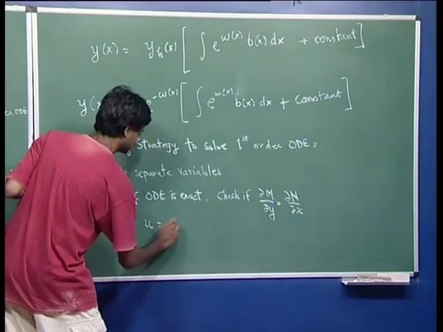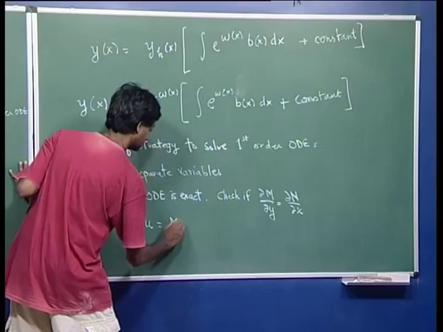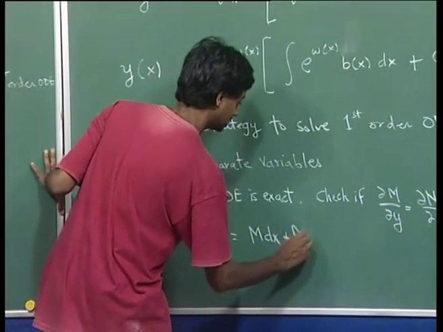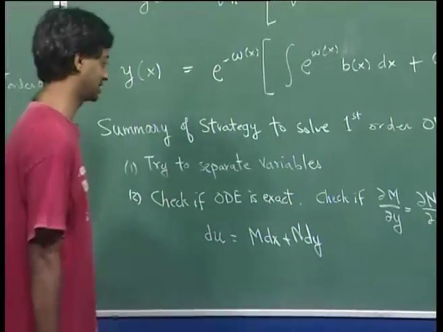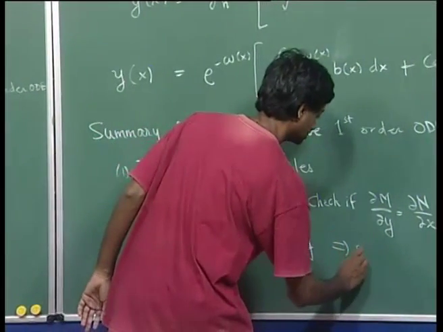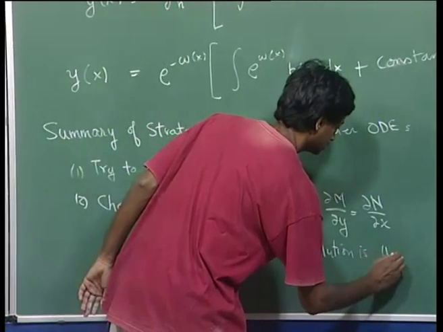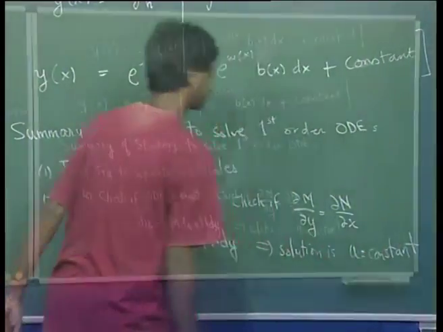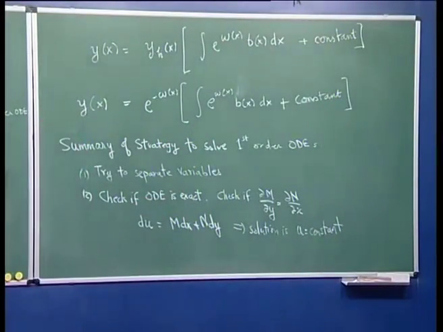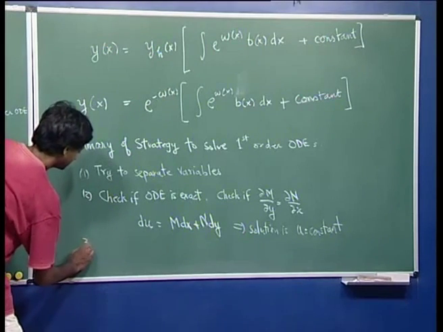u, where du equals m dx plus n dy. Okay, so you can write du equal to m dx plus n dy, and the solution is u equal to constant. So once you know that your ordinary differential equation is exact, then you can solve this. Okay. And the third strategy, if it is not exact,